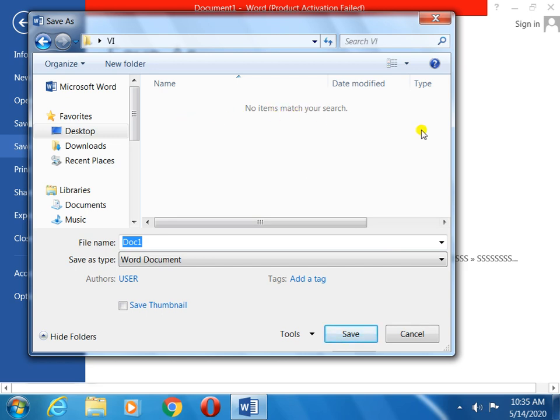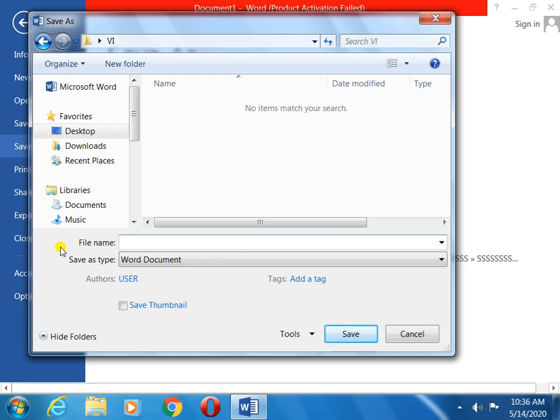Inside the folder nothing is there. It says no items match your search. Now you will give your file name, whatever name you want: your name, your friend's name, any nickname. But remember, you can apply the same file name only one time. The second time you cannot apply that file name. Plenty of students I have seen try this; they always write the same name, second time or third time.